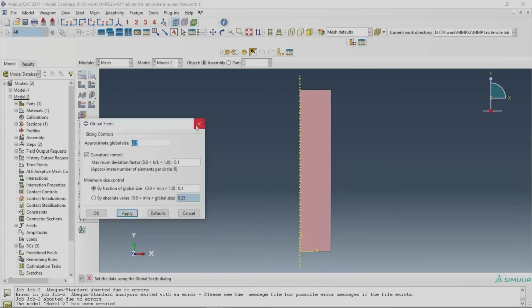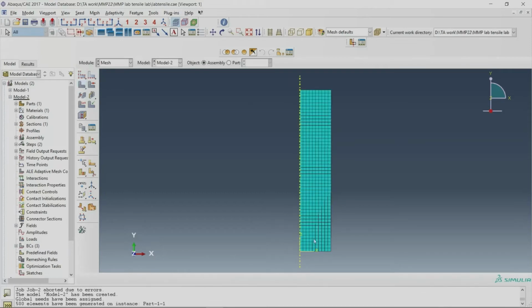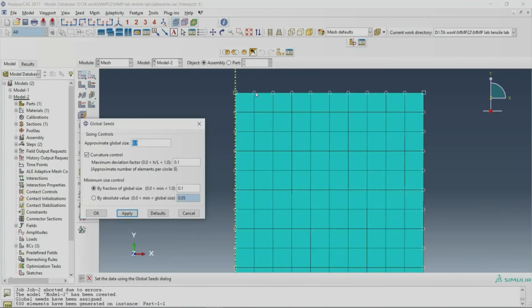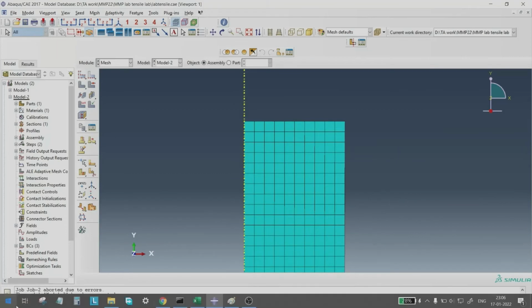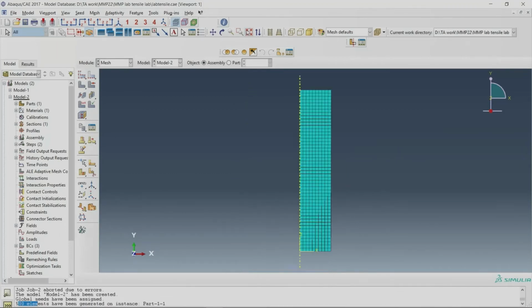Seeding means we will create a grid pattern, and that will be called meshing. This one here is global seeding, and then click this one, and this will create a pattern. So these are the seeds where this grid is generated. It has 500 elements. So we have created a mesh.